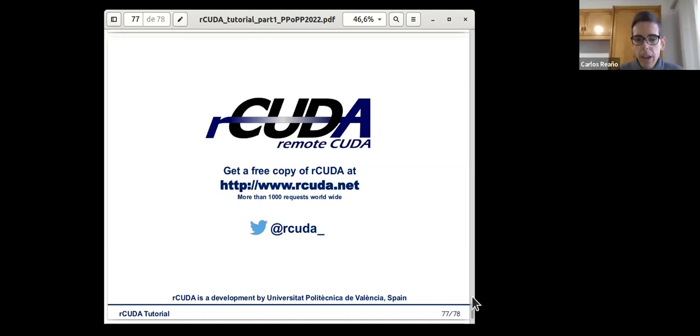Yeah, so in the current version, which is publicly available, what happens is the same as if you were running those two applications with CUDA on a single GPU. Imagine that you are in one host without virtual machines, and you run two applications. What happens? There is no scheduling. The applications just run, and both try to use the GPU at the same time. Did you understand? I hope I have explained it properly.